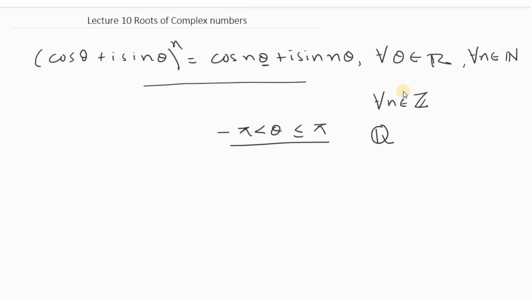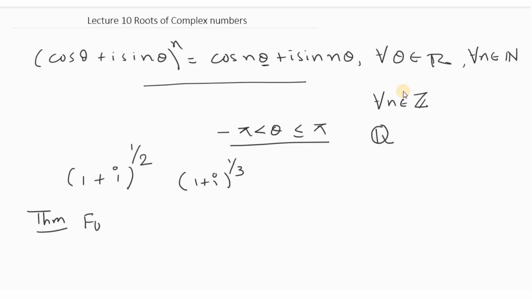We have moved forward to the next thing, that is the root of a complex number. So the question arises: if there is a number 1 plus i, what will be the square root of this, or what will be the cube root of 1 plus i? To solve these questions, actually complex analysis is established. We will take this as a theorem,